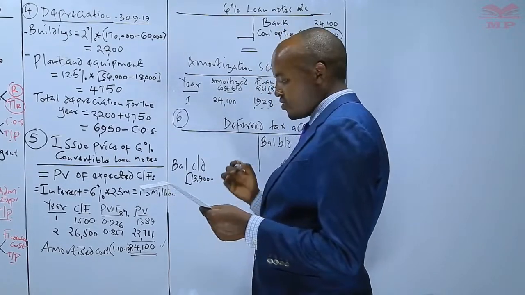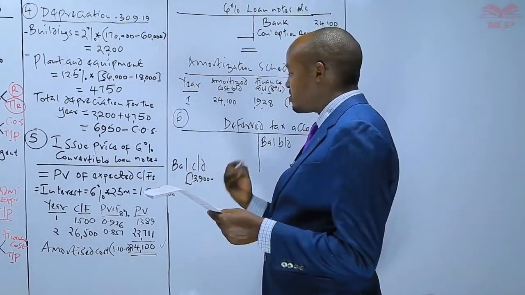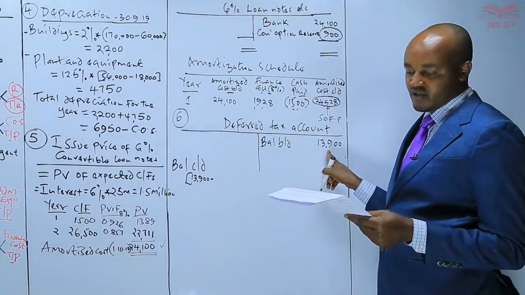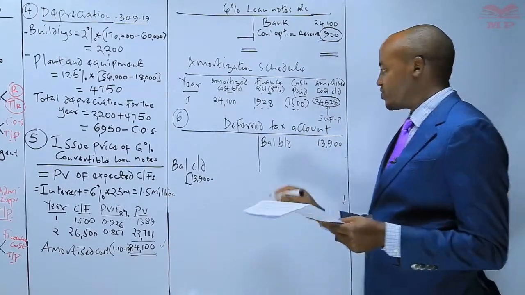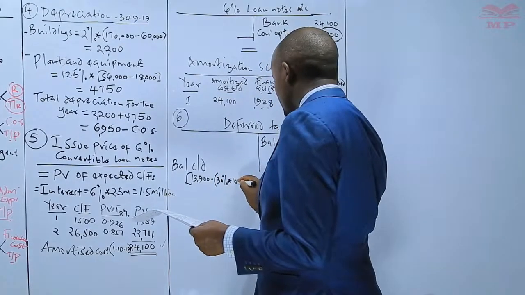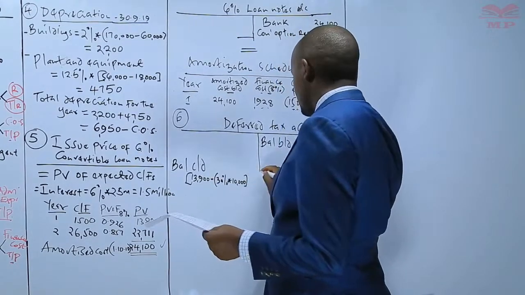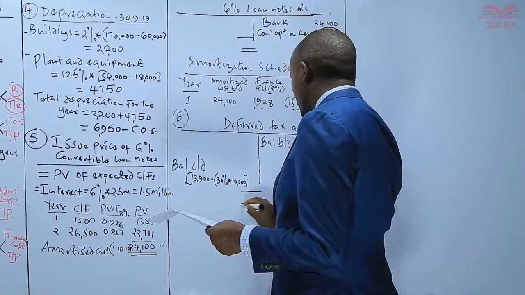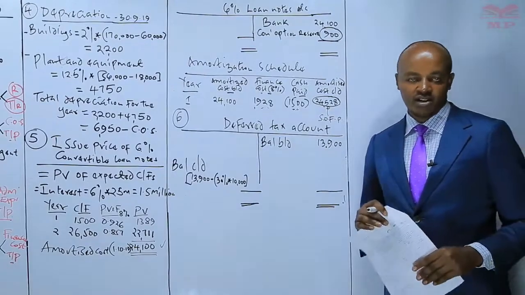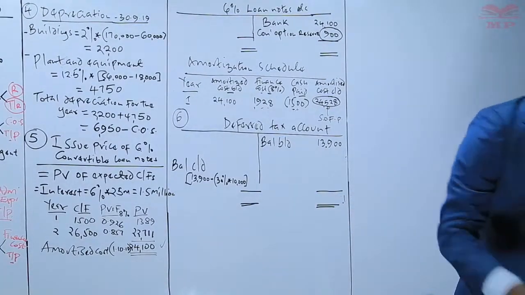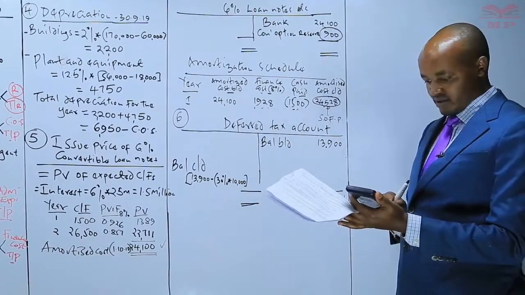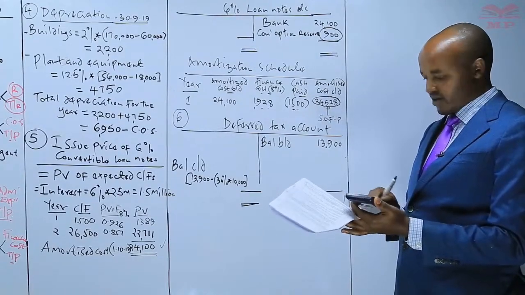Because the temporary difference reduced by 10 million, the deferred tax liability is also reduced. The reduction will be equivalent to 30% times 10 million, or in our case, in thousands of shillings, 10,000. So we compute our deferred tax liability at the end of the year, which will be the figure there. We first of all compute that. I think that will give us 0.3